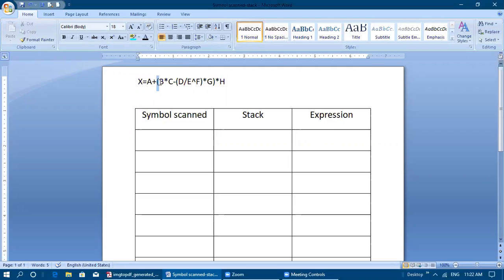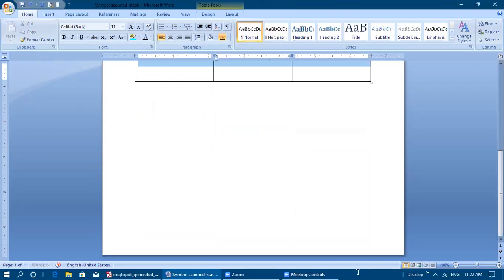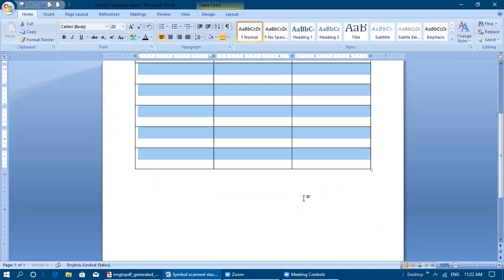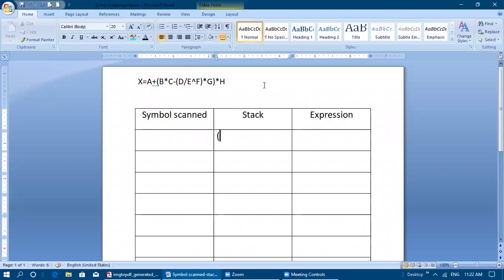That you need to check in the given expression. So 2 opening parentheses and 2 closing parentheses, so the expression is correct. Now what we need to do is, initially we need to push opening parentheses inside the table. The opening parentheses we have pushed. Before reading this expression a, we need to push the opening parenthesis, and immediately place the closing parenthesis at the end of the given expression.